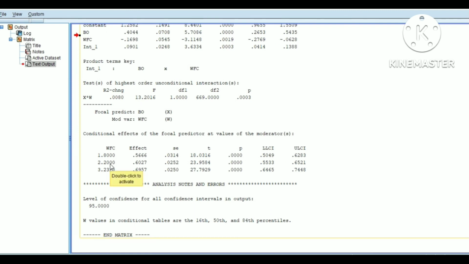And at all three levels of moderator, the values of the focal predictor, which we term as effect, are all significant. P values are significant, and there are no zeros between point estimates as well. So in Process Macro, we have the provision to divide the moderator into three categories. From this, you can derive very useful conclusions, not only for your organization, but you can also make your research